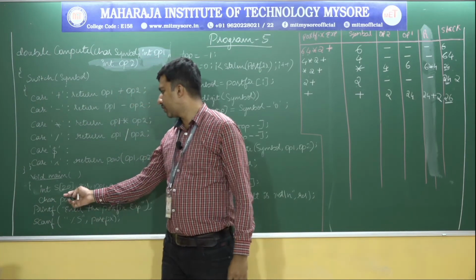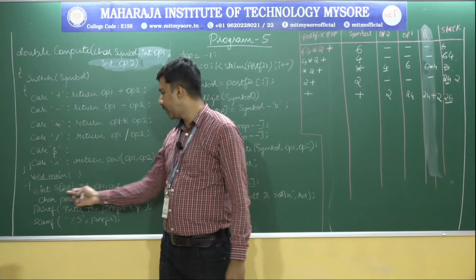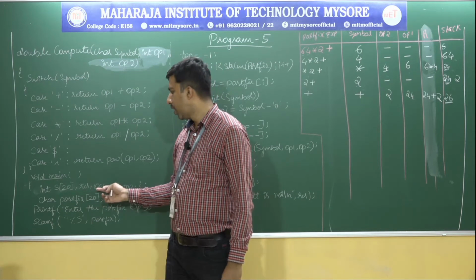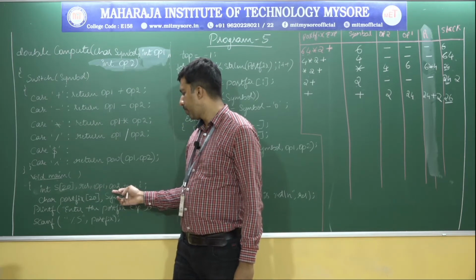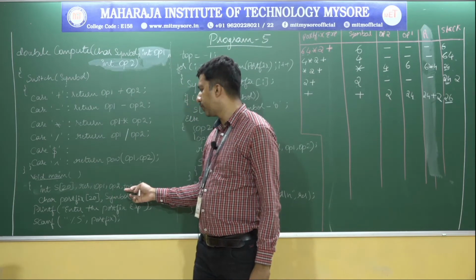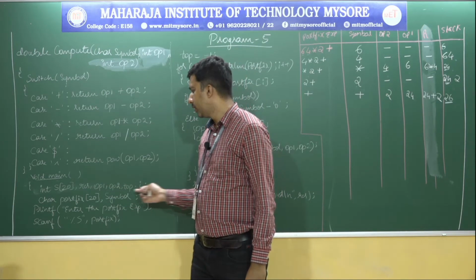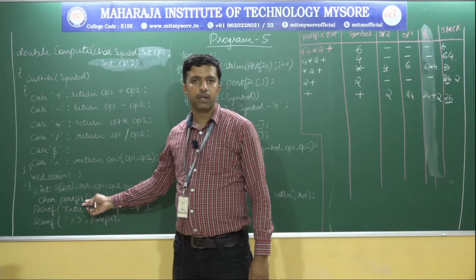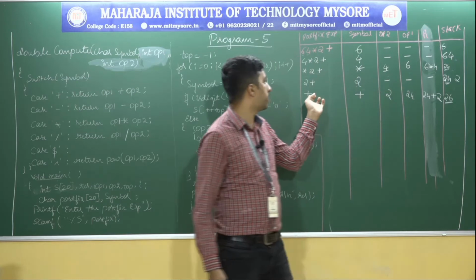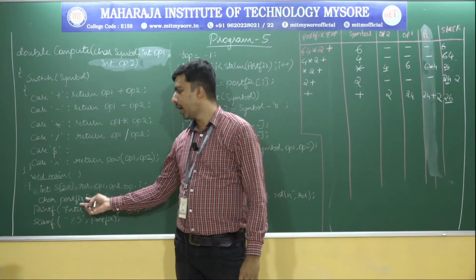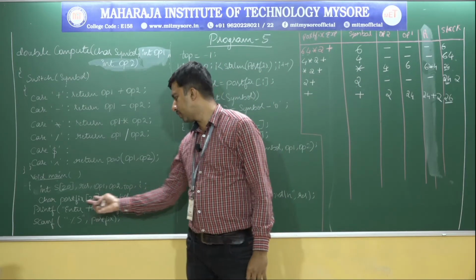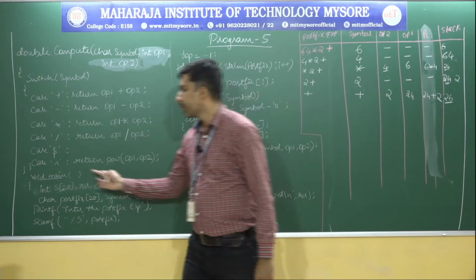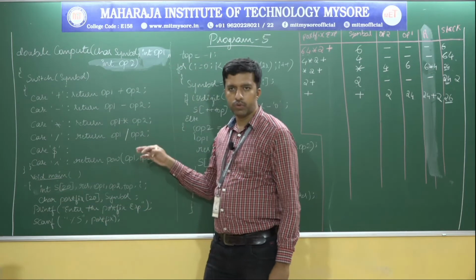Here we declare the stack, s of 20. We have a result, which will be stored in res, and operator 1, operator 2, operand 1, operand 2, and top of the stack, and a looping variable. These are the variables I am having. A character array postfix of 20, because an expression is needed to store that. I need a string, postfix. Next, symbol: the scanned symbol will be stored at symbol. These are all the variables used in this program.